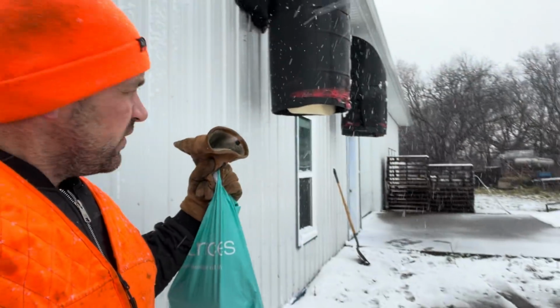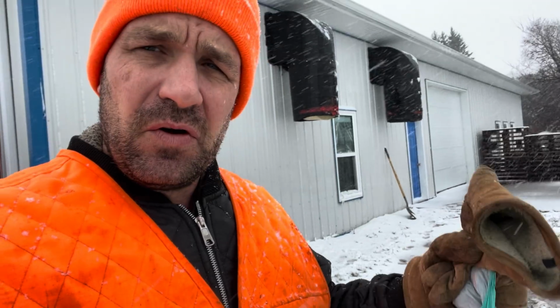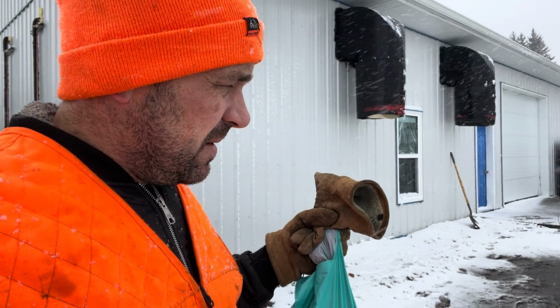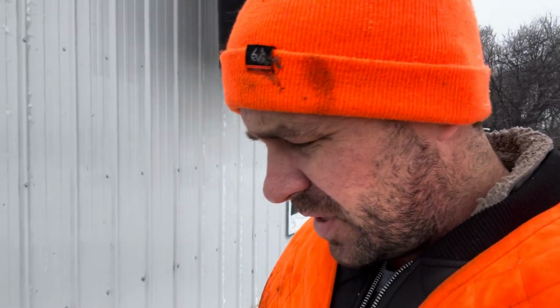So this shed is situated with the air intakes on one side and the air outtakes on the fan on the other side. And you can see my prevailing wind presses onto this wall, and it naturally provides an airflow through my building on a windy day, or that prevailing wind will push against the shed and provide me a draft through that building. I've never really thought about it other than being an advantage, but now that I'm trying to conserve energy, trying to cool the building, restricting my airflow so that I'm not unnecessarily cooling an oversupply of ventilated air,